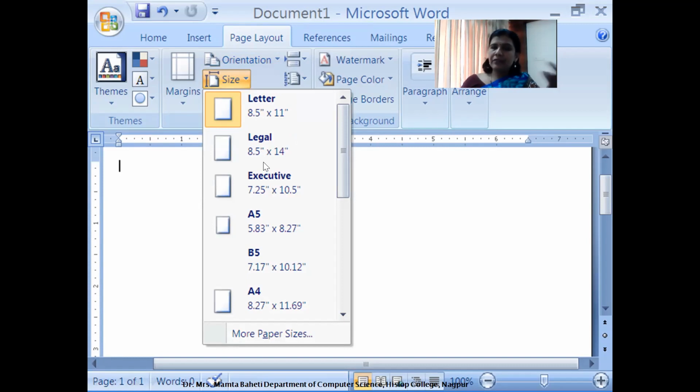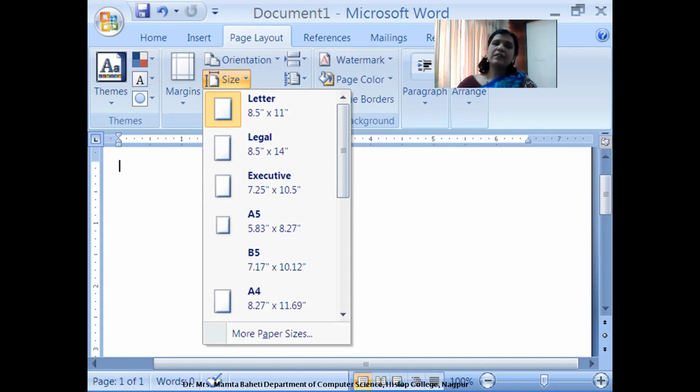So if I'm going on and on with legal pages, I'll go for legal size. The bond size paper is this one. A5, if I'm doing work with small size paper, or likewise B5 and A4 and many more. Okay. You can create your custom size also.